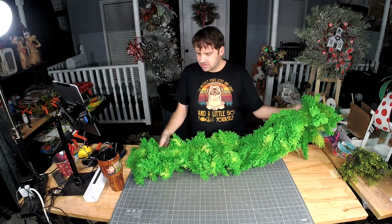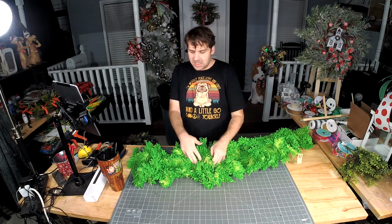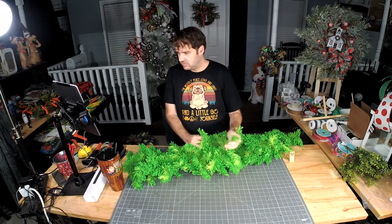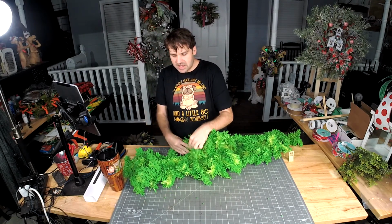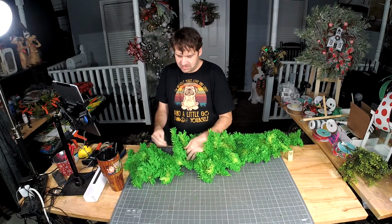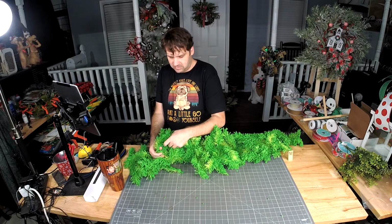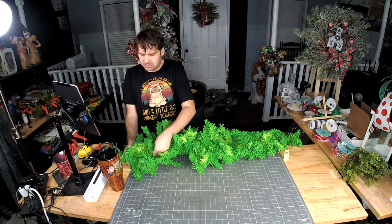Y'all, look how pretty this is. Okay, so what I like about these is that you don't have to add as much stuff to it to get that nice, pretty coloration that you want, right? So on the colored garlands, you can add a little bit less mesh, less ornaments to get that same really cool look. And my hands aren't green, that's good. I expected them to be green after playing with the flocking, but